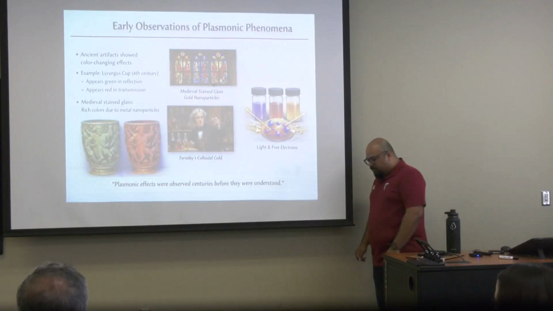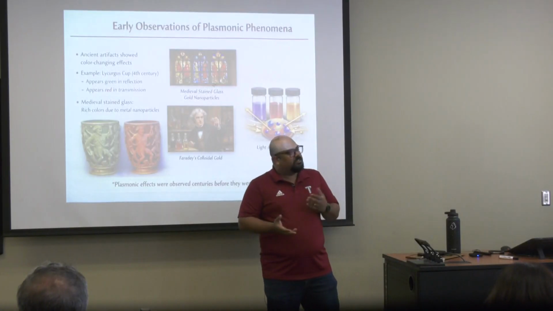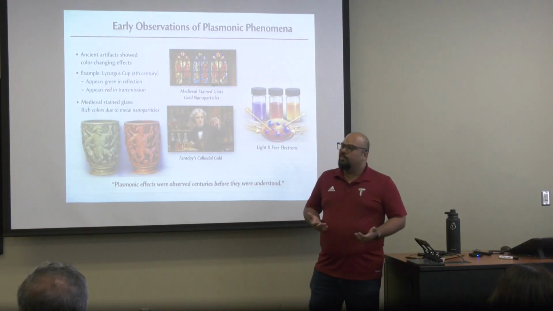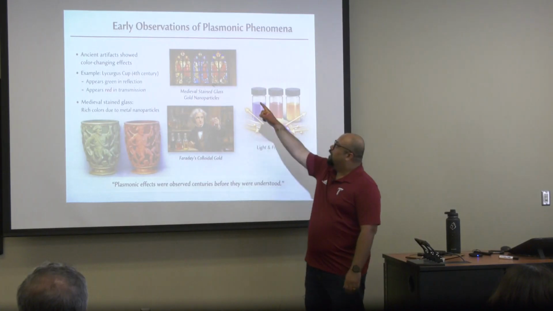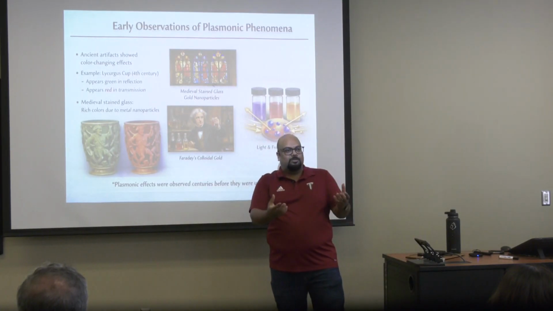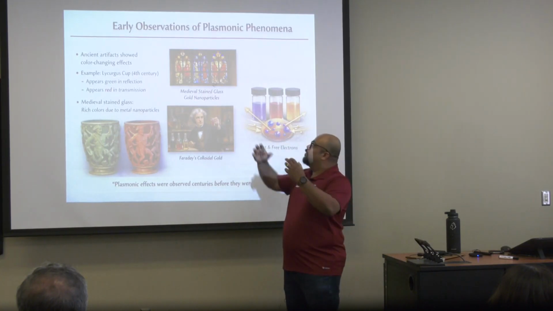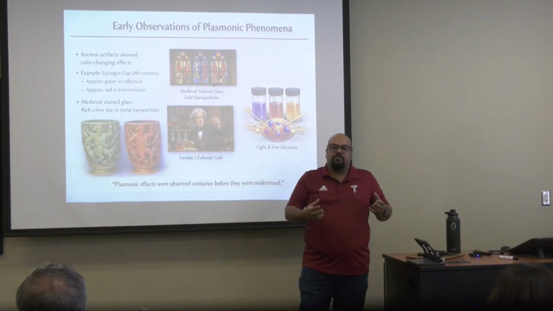Now let's take a step back and look at a little bit of history related to plasmonics, right? Plasmonics we have only now discovered, but it has been observed in ancient history too. For example, in medieval stained glass, right? You see different colors. Glass is usually white whenever light passes, but now whenever light hits, the window gives us different colors, right? Why is it giving different colors?